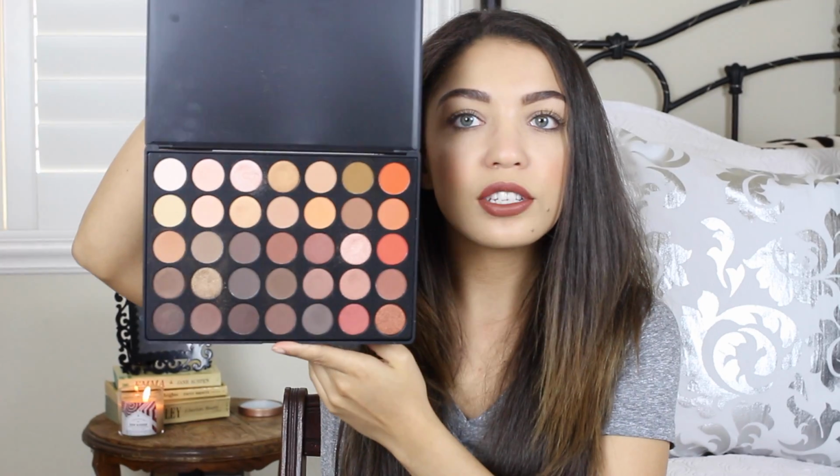It has all of these shades here. They're like mostly warm shades, and they're beautiful. They're so beautiful. And I love this palette because this is like,